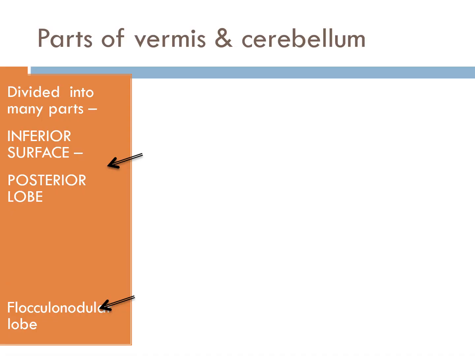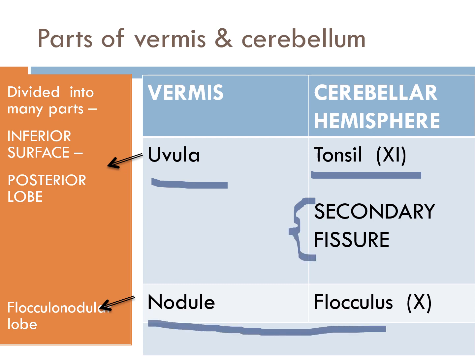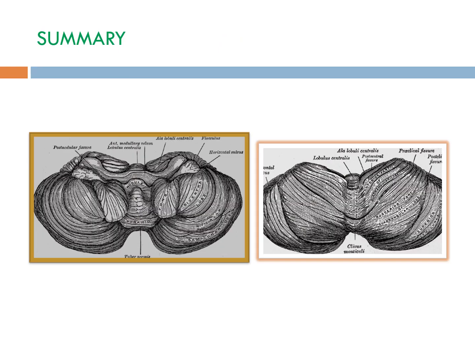Now we continue with the posterior lobe on the inferior surface. The last parts are the uvula and tonsil. Then comes the secondary fissure, which separates the posterior lobe from the flocculonodular lobe. So we have fissures, surfaces and lobes in the anatomical subdivisions of the cerebellum. We have completed the anatomical subdivisions of the cerebellum with many interactive quizzes in the middle. I think you should have understood it completely, and we will continue with the functional and morphological subdivisions in